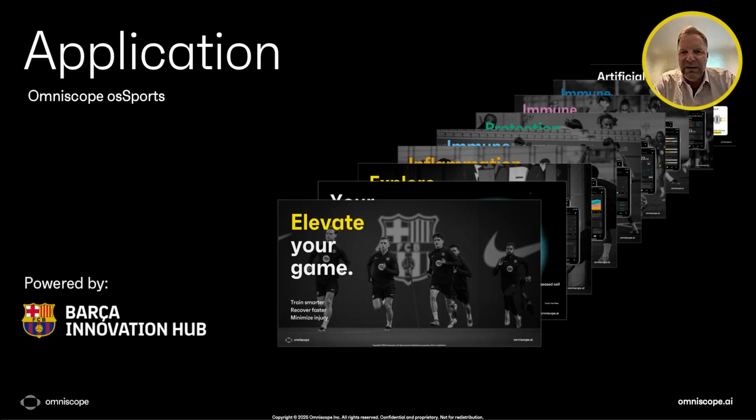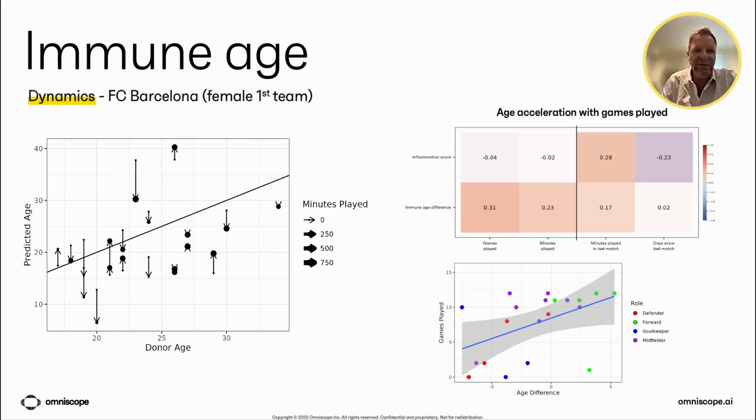We look at correlation with mobility and exercise metrics through a collaboration with the Football Club Barcelona. And today I will specifically focus on the first female team. So this is data collected over the last season where we've been sequencing blood from the first female team at different time points. And you see that in general, the immune age prediction is more or less correlating with the player's age, but then, indicated by the errors through repeated sampling, we see quite some variability